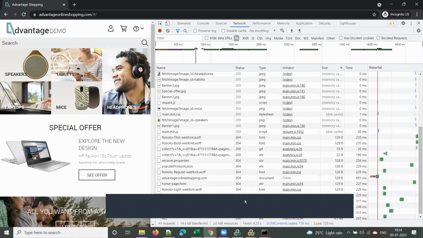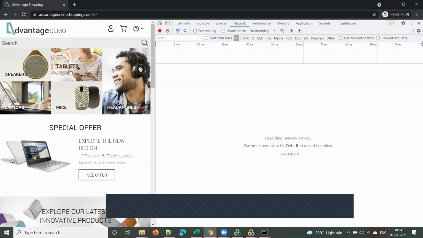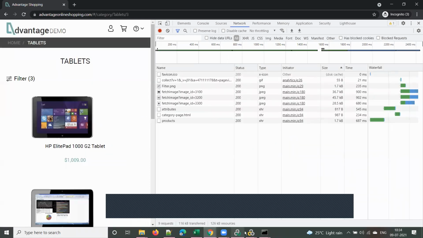If we are navigating inside the application, how can we calculate the time? You can click on, suppose, the tablets offer button, and you are navigating to that page. It is not showing the response time here.